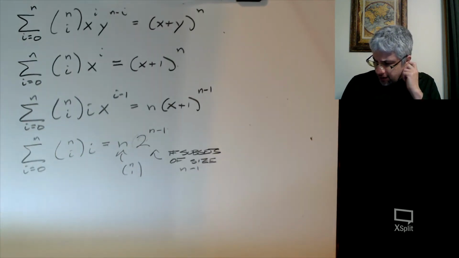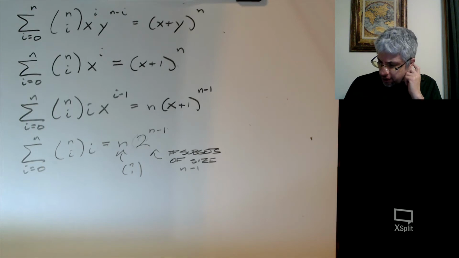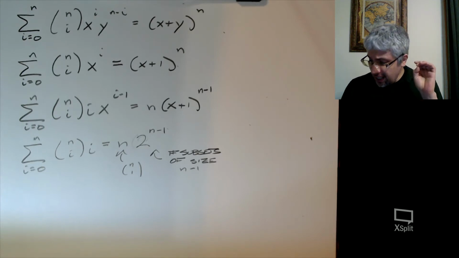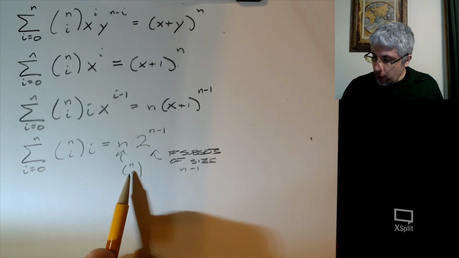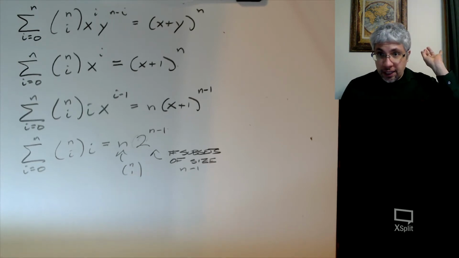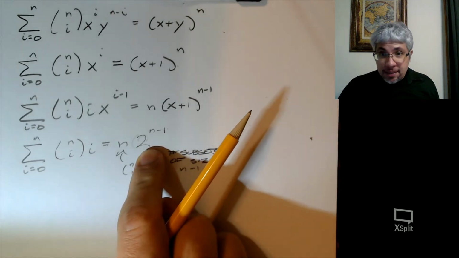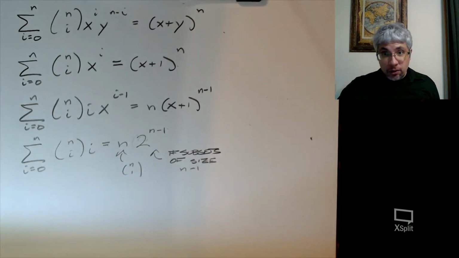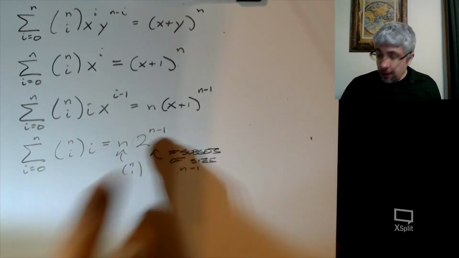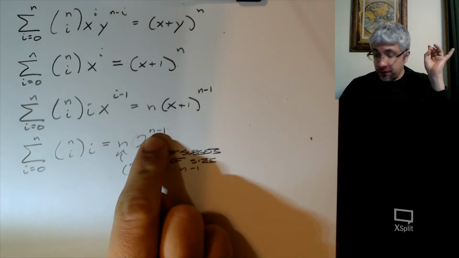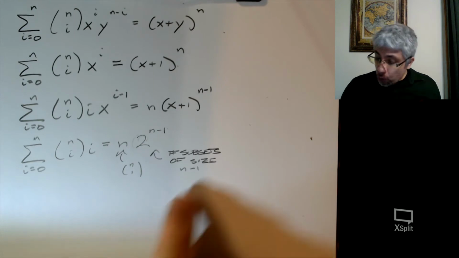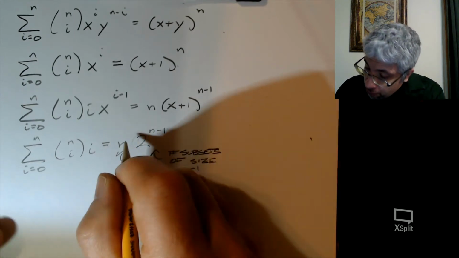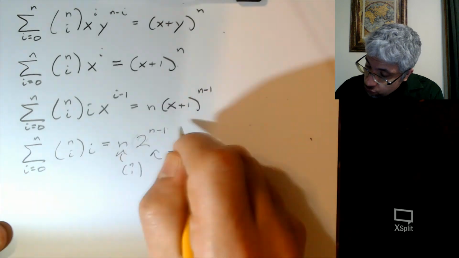Okay, so let's try to think about a situation where you'd have one thing to choose. You have n possibilities. I mean, let's say we have n things or n people. And this would be the way we could choose one particular thing and then a subset from the remaining ones. Because if I take one thing out, now I only have n minus 1 left. How many different subsets are left? Well, 2 to the n minus 1. So what this would tell us is this product, by the product rule, this right-hand side